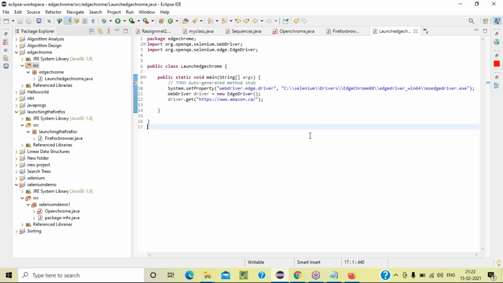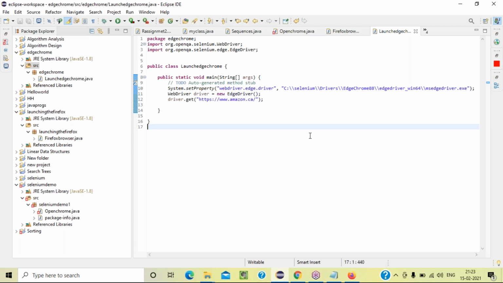Once you download the jar files into your system, add them to your project. Right-click on src, go to Build Path, Configure Build Path, Add Libraries. In Add Libraries, I will add all my jar files. Once it is done, what do I need to do? Go to the class. In the class, I need to import the reference libraries for that particular driver.